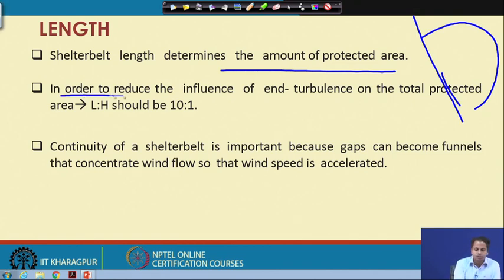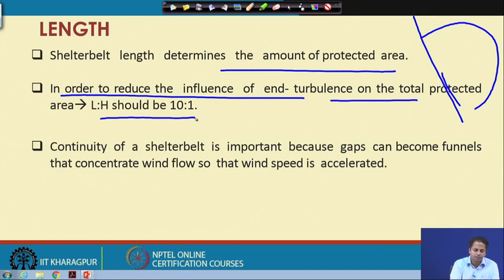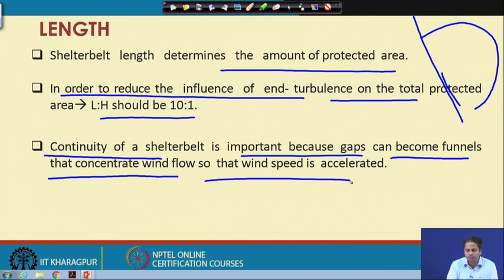In order to reduce the influence of end turbulence, as I said in the previous class also, the L by H ratio should be 10:1. Also, the shelter belt should be continuous and there should not be any gap, because a gap can become a funnel and concentrate wind flow, so that wind speed is accelerated over the gap.